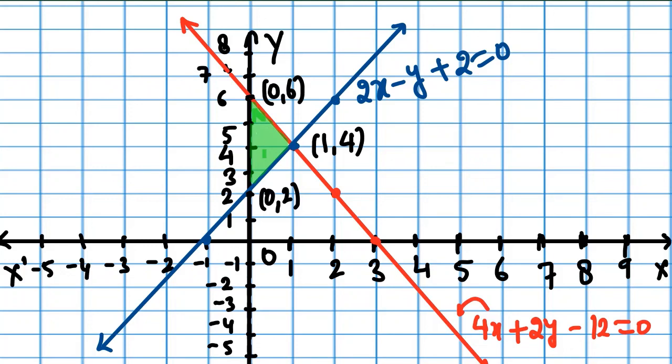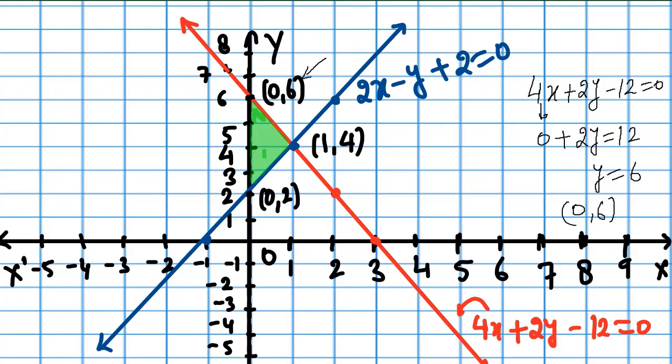As I explained earlier, if we want to find this directly without plotting the graph, see, again I'm telling you, if you want to find where this line will intersect the y-axis, the whole term of x will be 0, because x equals 0, so something into 0 is 0, and 2y is equal to 12, so y equals 6. So what we are finding is (0, 6), as you are seeing here, (0, 6).